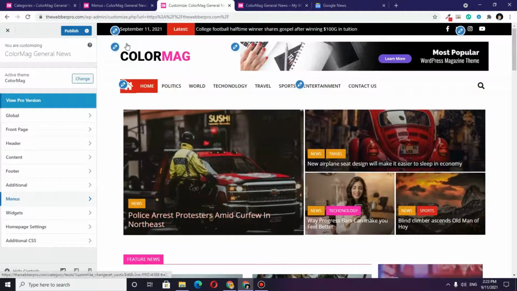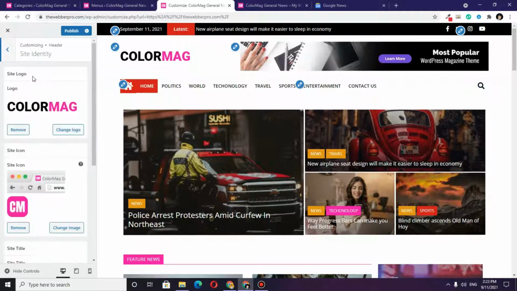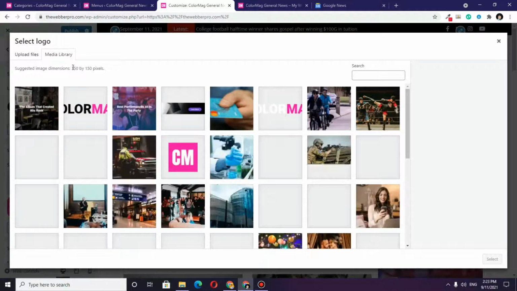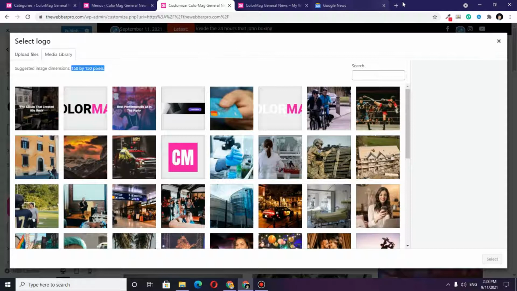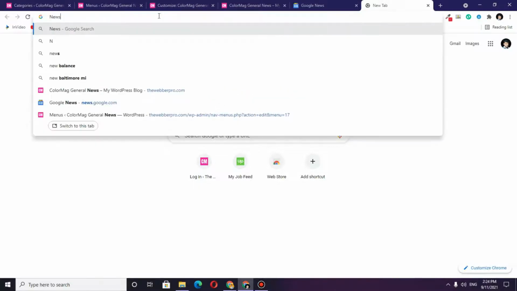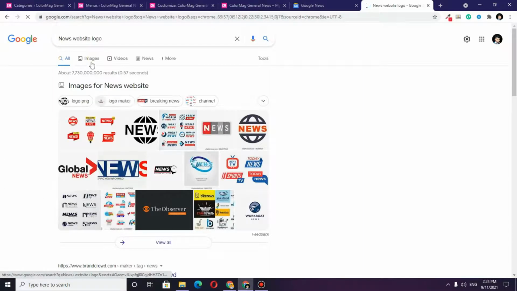Now in order to change this logo, what you'll have to do is to go to header and site identity, and here you will be able to change your logo. The suggested dimension is 150 by 150 pixels, so I will randomly download a logo from Google and try to upload that logo on the website. So let's say news website logo, which is